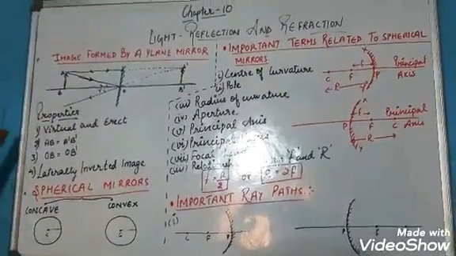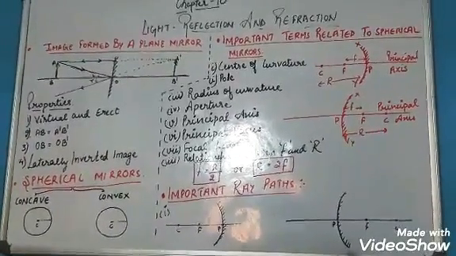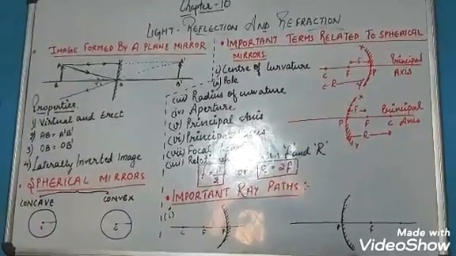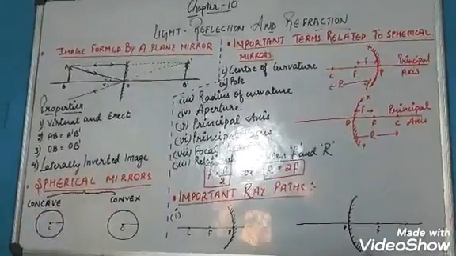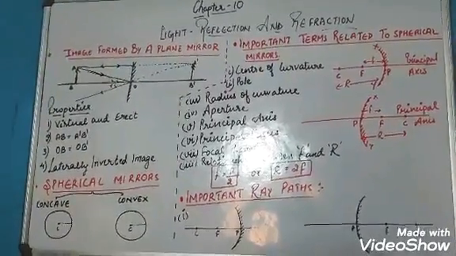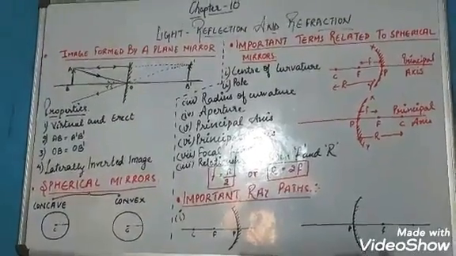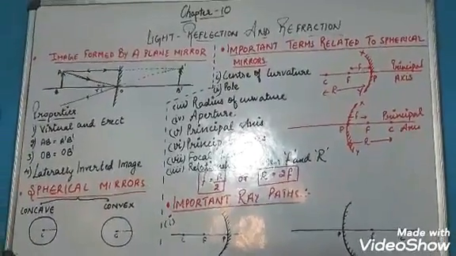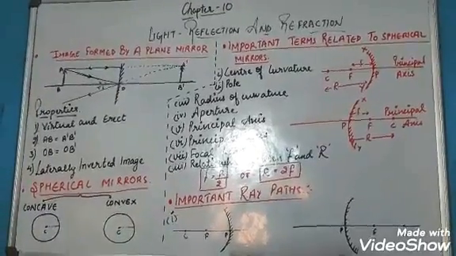There might be confusion between virtual and real. Virtual images are those that cannot be obtained on a screen, and a real image is the one that can be obtained on a screen. For example, once you stand in front of the mirror, your image will remain there for as long as you are standing there. But once you move away from the mirror, the image will also disappear. That is a virtual image. And what is a real image? A real image means it can be obtained on a screen.